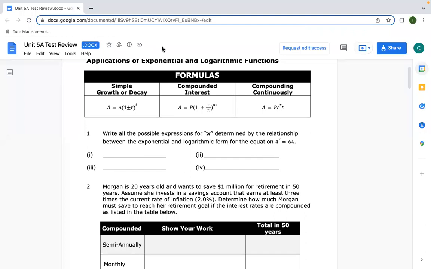Okay, so this first problem says, write all possible expressions for x determined by the relationship between the exponential and logarithmic form of the equation 4 to the x equals 64. So on this one, if I have,